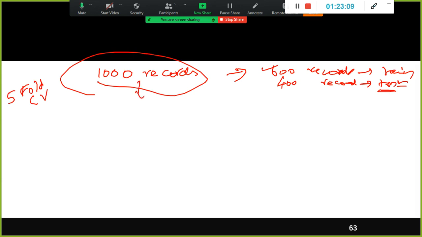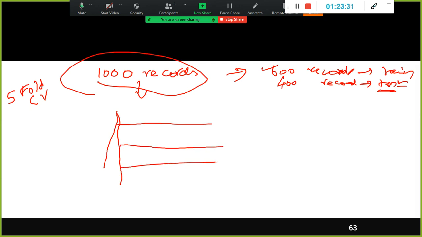We take this 1000 records, 1000 divided by 5, how much? 200. Yeah, 1000 divided by 5 is 200. What I will do is create 5 folds. Fold 1, it's a straight line, okay? 2, 3, 4 and 5.